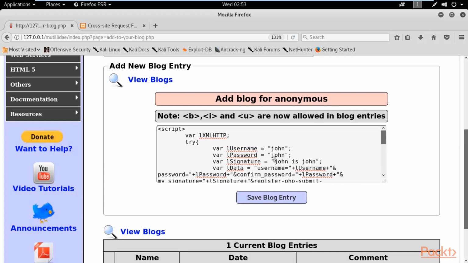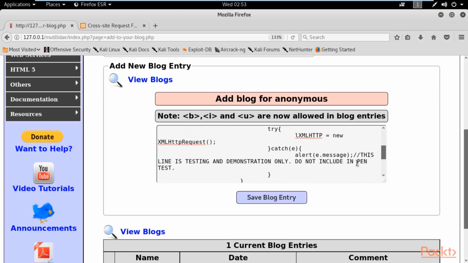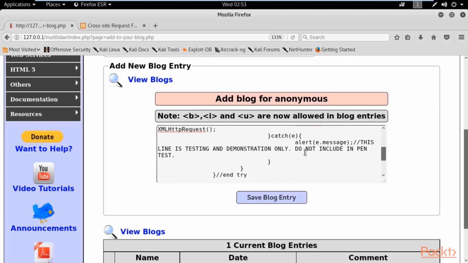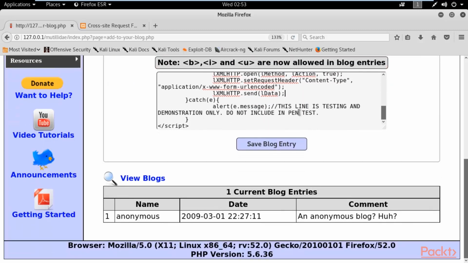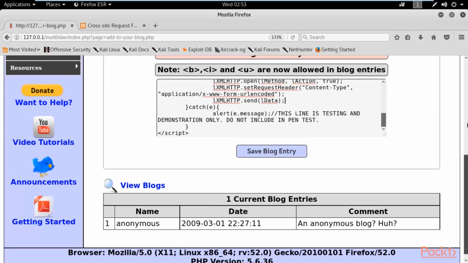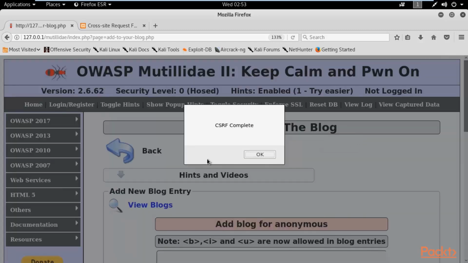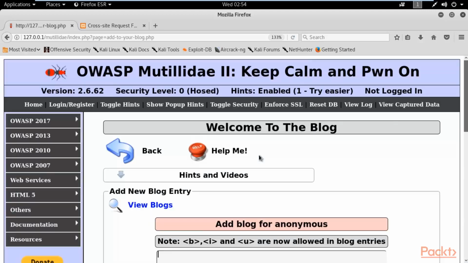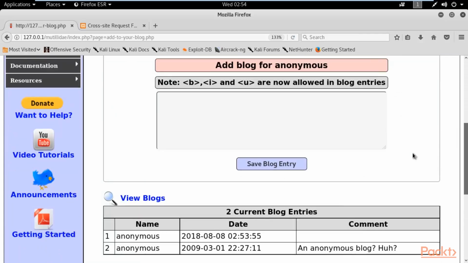So I have made 3 changes: in username, in password, and in signature. Now if you come down, you will see the alert message here, which will create a pop-up box. Now everything is set, so you just need to click on save blog entry. Click here, and you can see that the pop-up box is coming, saying CSRF complete. Click OK, and you can see that a blank comment has been inserted inside this web application,